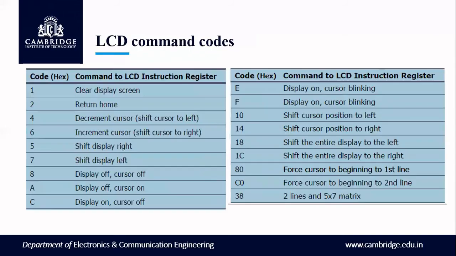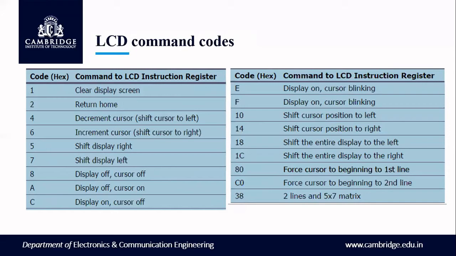So that is what we need to remember. Then let us see the LCD command codes. These are the command codes we use in order to initialize our LCD display. Here, code 1, that is hexadecimal code 1, clears the display screen. Send this code, then call delay. Then return home. Decrement cursor, increment the cursor, shift cursor to left. Get the next byte, the next command code, or we can take it as an 8-bit value and check whether it has reached the end of the lookup table. After sending the code, increment the cursor or shift the cursor to right.